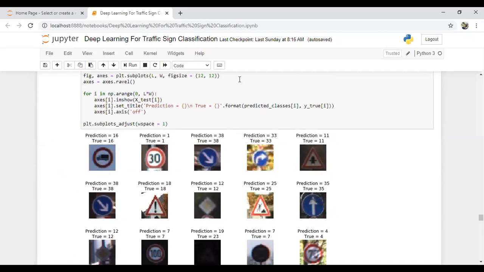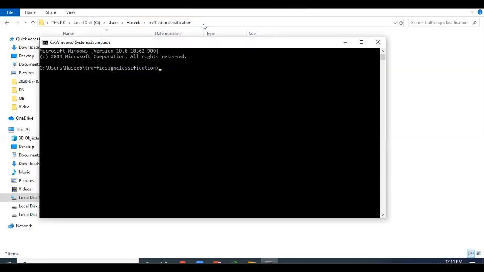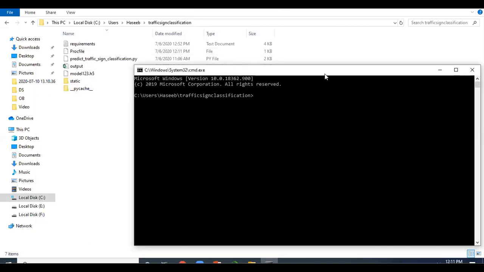Now I also deployed this project, and I want to show you how the deployment is working. First we went to the folder where we deployed the model. We are inside the folder. Time to open the CMD. Now we have the CMD. I have deployed on localhost using Flask, so I'm going to use the Flask